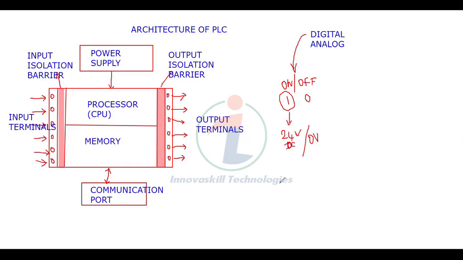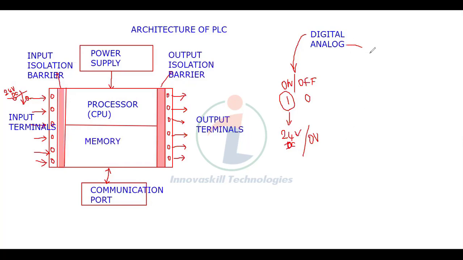For digital input, commonly we will have a switch, push button, digital sensors like that. If the switch is on, it will give 24 volt. If the switch is off, it will give 0 volt. How it will be connected is like this. If this is the first terminal, here the switch will be connected like this. With the first terminal it will be wired like this, and here they will give 24 volt DC. Whenever the switch is activated, it will get closed, so 24 volt DC will be flowing to this terminal. This is how digital will be functioning.